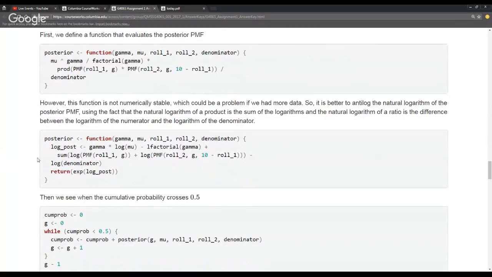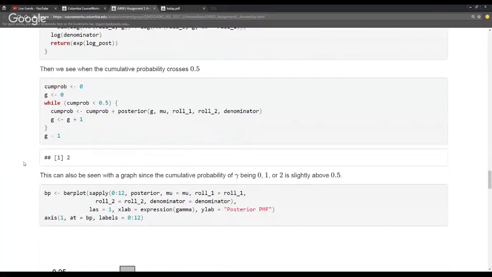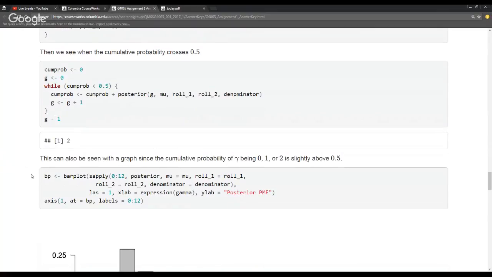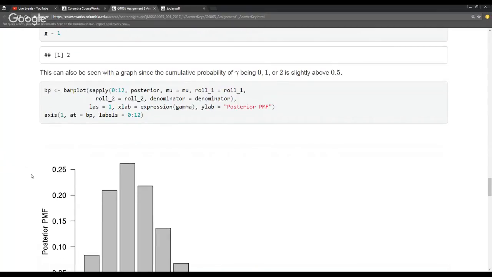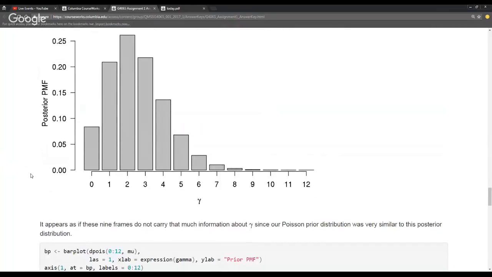I just want to emphasize it to you over and over again until we actually get to that point: you should do probability calculations in log units rather than the original units. In this case, yours might have been a little bit different depending on what your mu was, but we'll just while loop that up and it stops the while loop when it crosses 0.5. And we find in my case, the posterior median was 2,